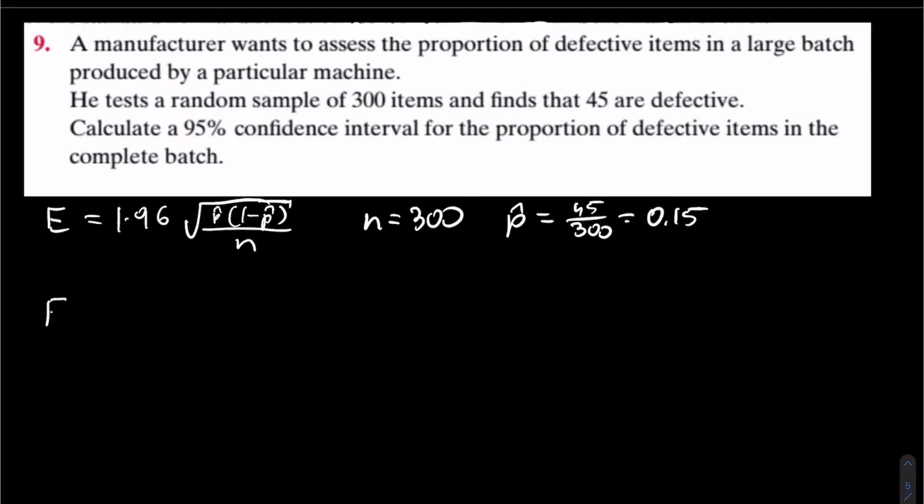Then using my margin of error approximation, I get the value of 1.96 times the square root of 0.15 times 1 minus 0.15, substituting the value for sample proportion, divided by the number of items in the sample, which is 300. So when I calculate this out, 1.96 multiplied by the square root of the fraction 0.15 times 0.85 divided by 300. This is equal to 0